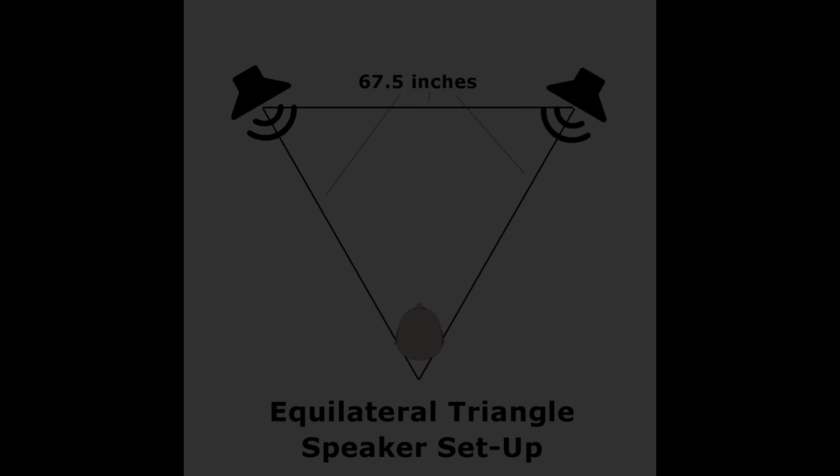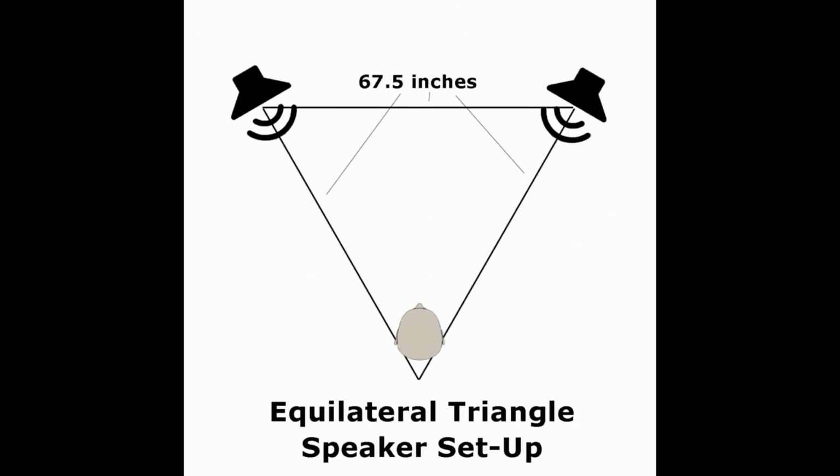And the tip number 2 is the perfect triangle, which means the angle and distance between the left speaker, right speaker and the listener's position should be equal. This is really easy to achieve with desktop speakers, and if you achieve that, it's really going to sound like a perfect stereo 2.1. Once you achieve that, the sound effects are going to be really amazing.